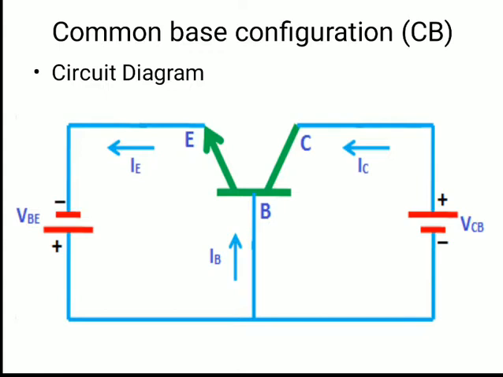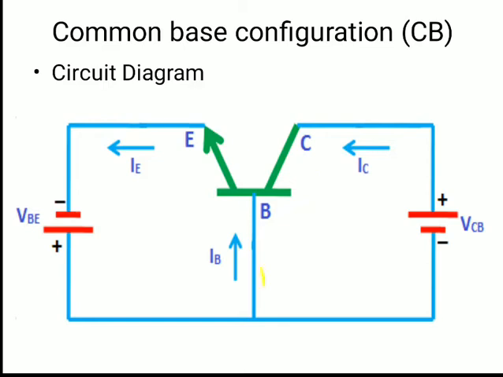Okay, so you can see that this is the symbol of an NPN transistor, right? So this base is connected to both the emitter and the collector, right? So the voltage between the emitter and the base is nothing but VEB, and the voltage between the collector and base will be VCB, right? So from the emitter region we will have IE, that is emitter current, this is the base current, and this is the collector current, right?